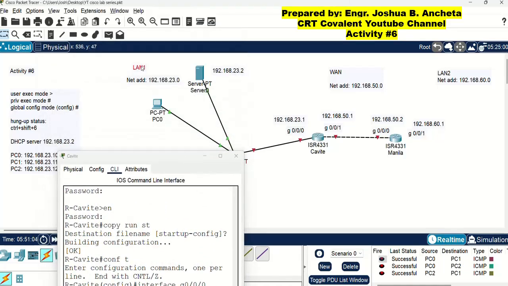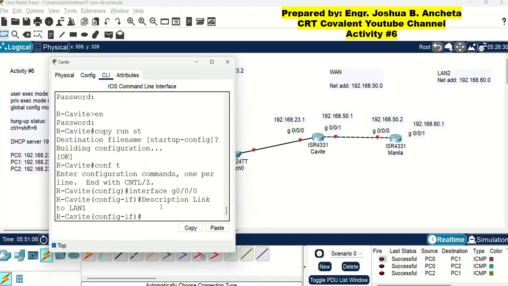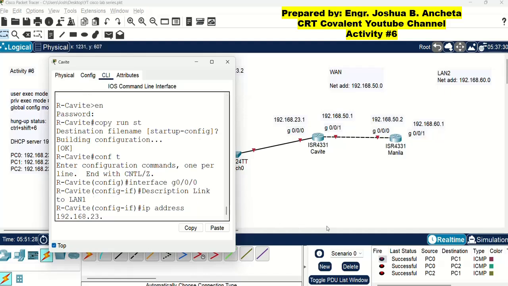This is our LAN 1. Okay? Next, type ip address, or you can use ip add. Then the desired IP address for G000, and that is 192.168.23.1, space, the subnet mask.